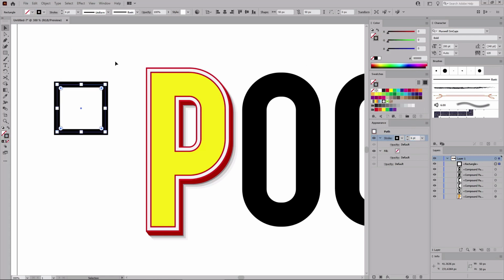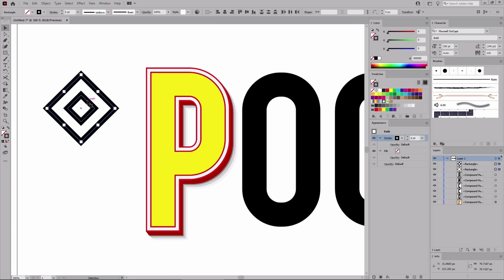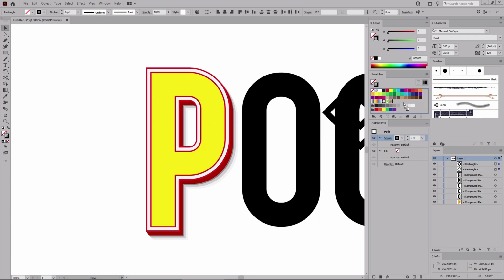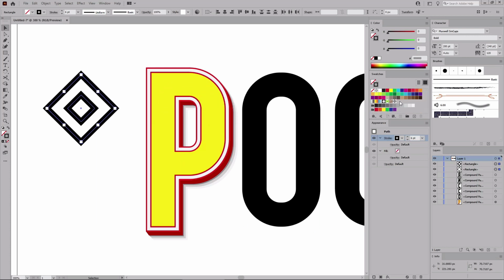And then switch to the Move tool, press Ctrl C and Ctrl F to add a copy of this square in front of it. You need to scale this copy, so let's move to the control panel where this can be easily done. Make sure that this constraint button is checked and lower the size to 20 pixels. Now select both these shapes to rotate them 45 degrees and then simply drag them inside the swatches panel to save them as a pattern.